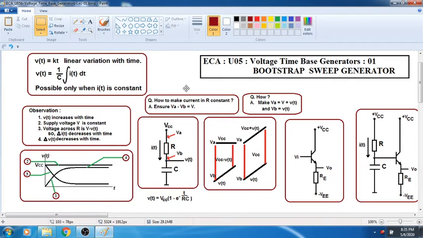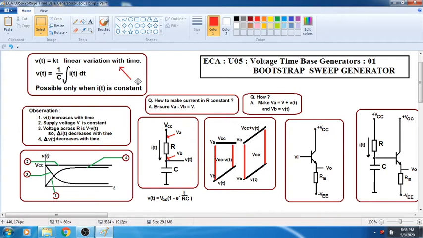For the time being, just remember our objective is to generate a voltage which is, now you look at this point, generate a voltage which is proportional to the time. So, voltage is proportional to time. So, I will make an arrow here. I forgot to make the arrow for pointing the topic which I am going to explain. So, we will use the arrow now. So, you can see here our objective is to generate a voltage which is a function of time, and it is linear. It is a linear variation with time.